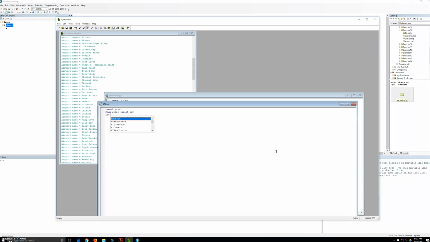Then environment workspace equals our path name 07, function equals airports shapefile, and then cursor equals ArcGIS dot search cursor, and function comma name comma top underscore emp